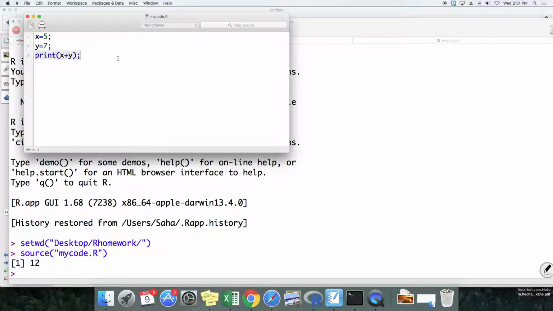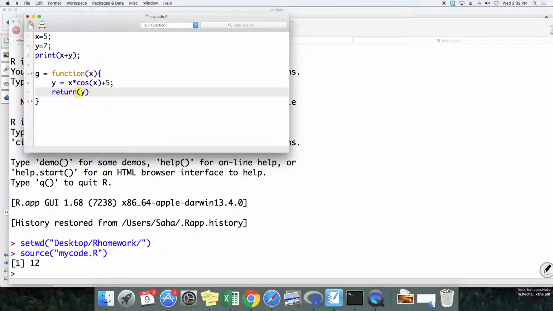I'll write stuff in my code.r itself. So I'll write g equals function x. After that I'll open a second bracket and close it, and anything in the function I'll write within these two brackets. So for example, I'll say y equals x times cosine of x plus 5,